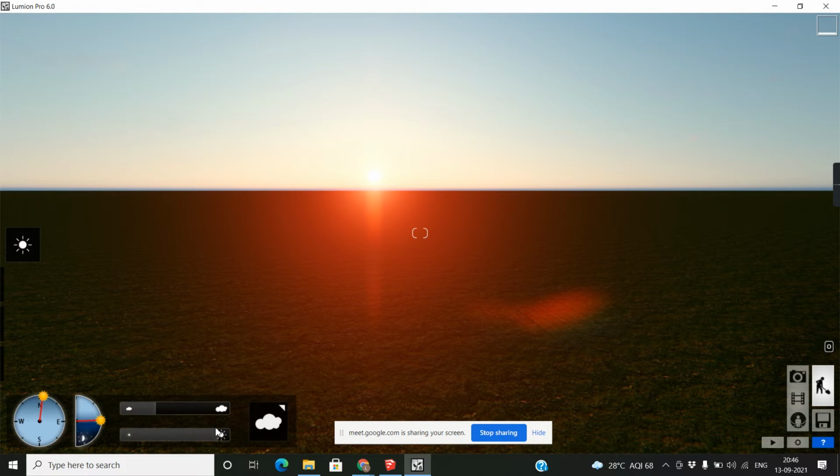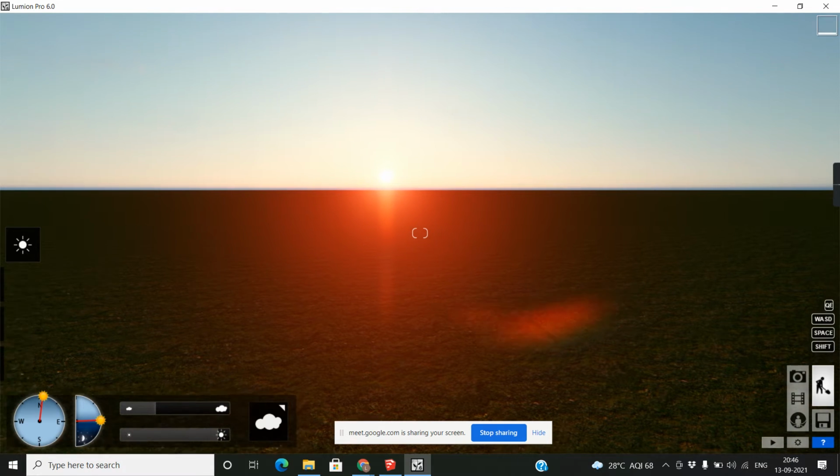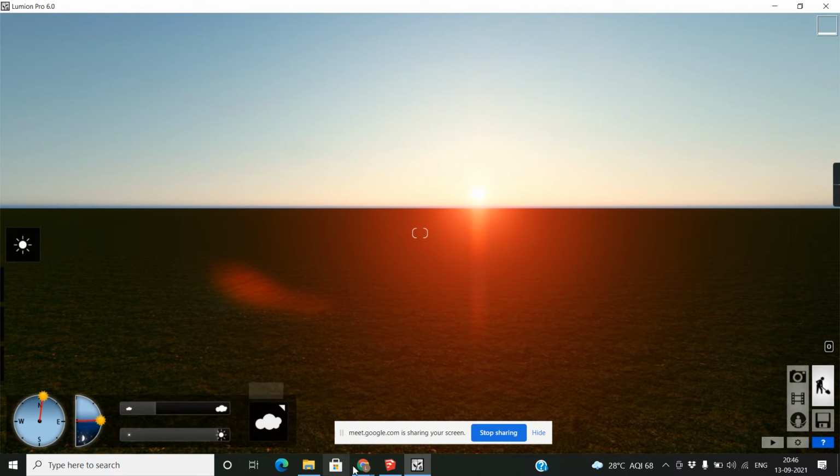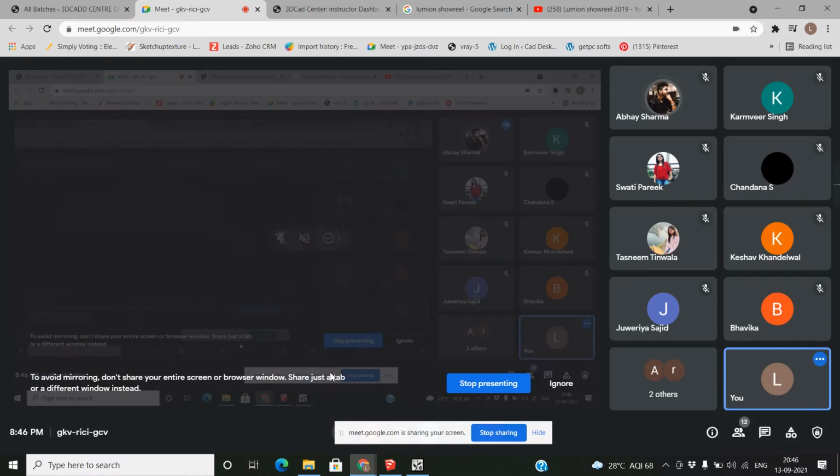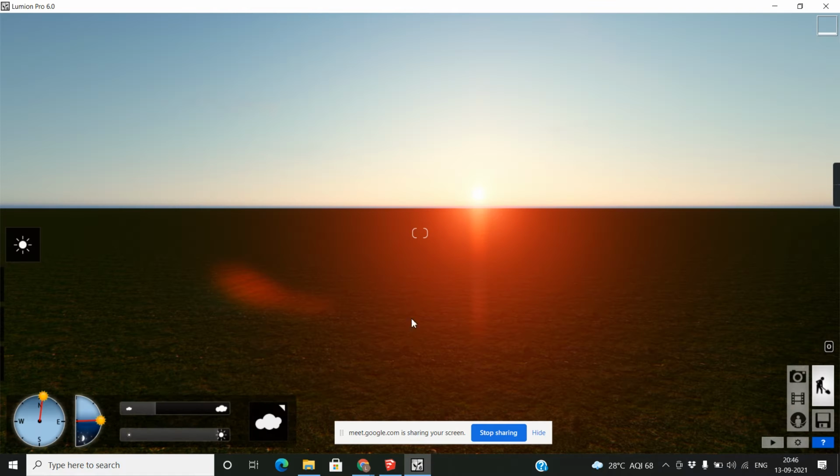Clear? Right? Any question till now? Anyone have any question? So you can edit the sun path.